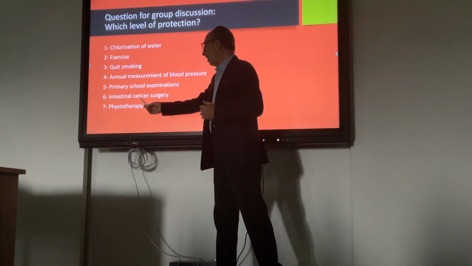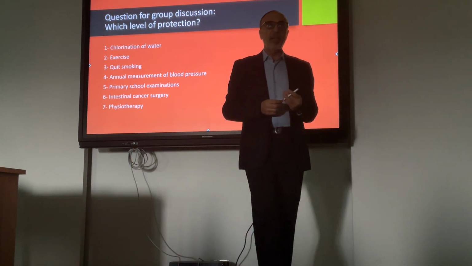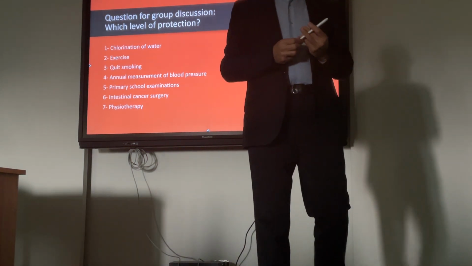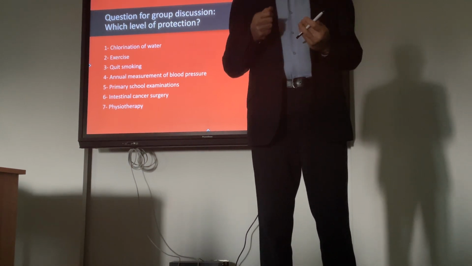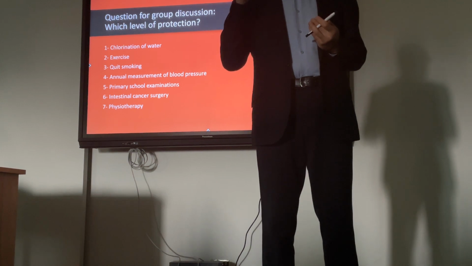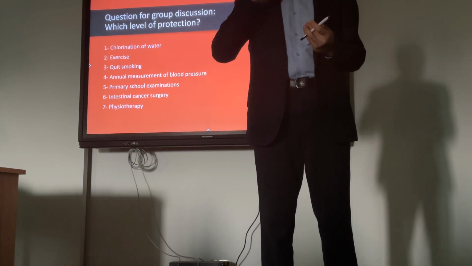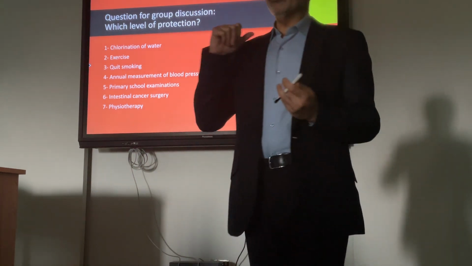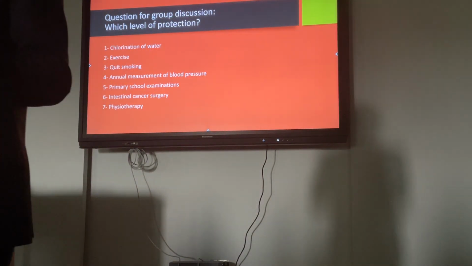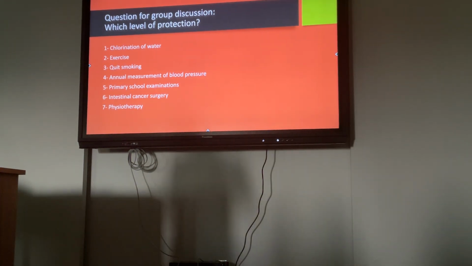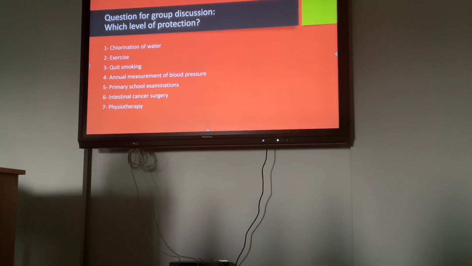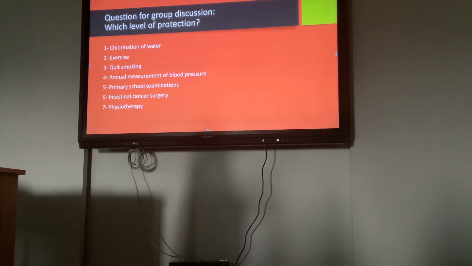What about intestinal cancer surgery? Intestinal cancer surgery in people with a confirmed case of cancer is tertiary. But in some cases, we may offer this surgery to people without any signs and symptoms that we discovered. How can we discover colon cancer? By early detection, by colonoscopic examination. So if we diagnose some colon cancer by yearly colonoscopic examination or by yearly occult blood. What's occult blood? Have you ever heard of it?